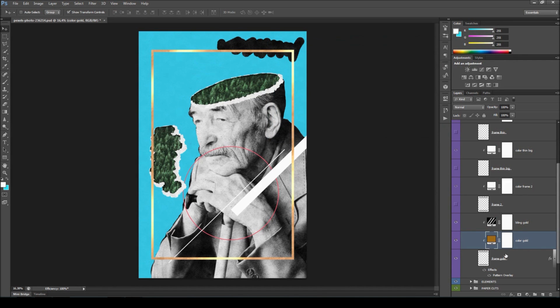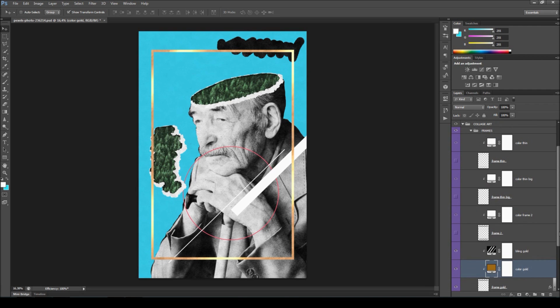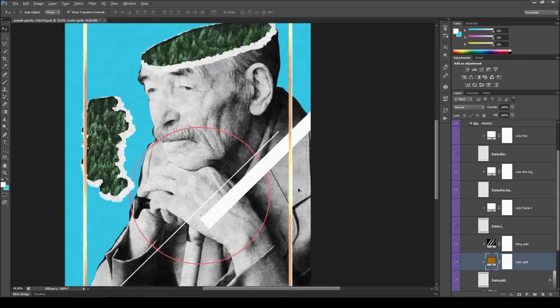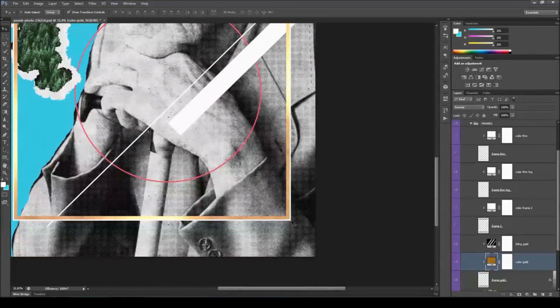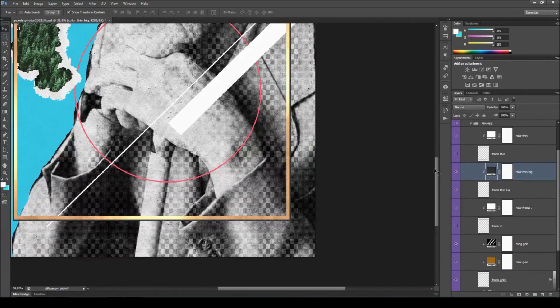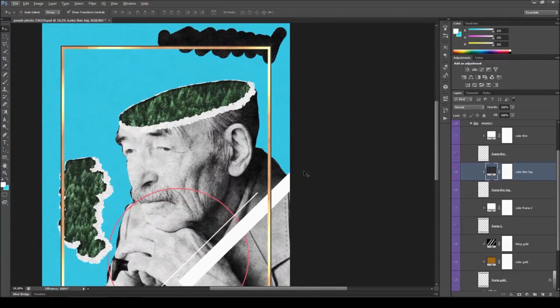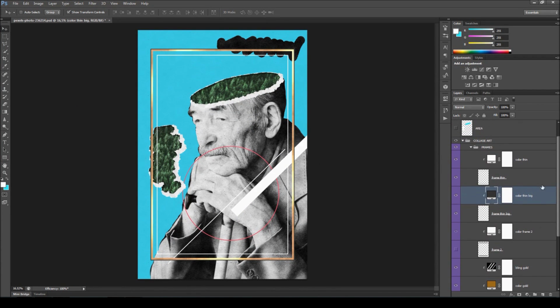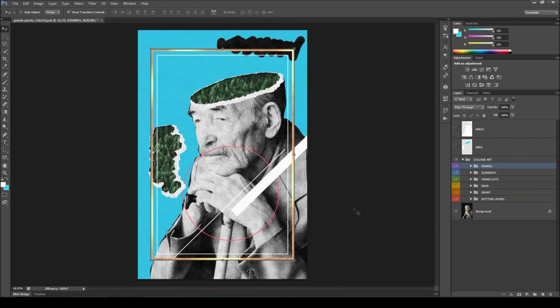Choose that color. Okay. And we have some other frames. Frame thin. Oh, it's very subtle. Let's see. Okay. Change color. Maybe black. Okay. And maybe a smaller one. Okay, and that's